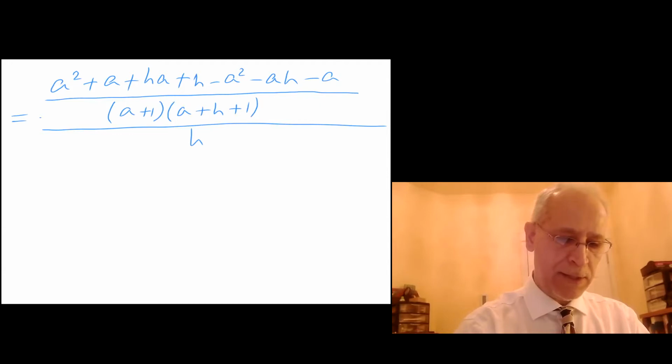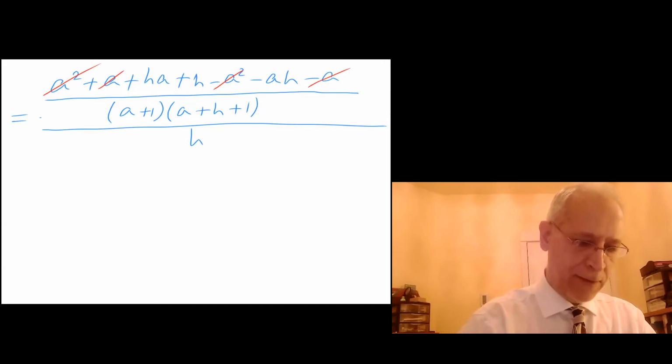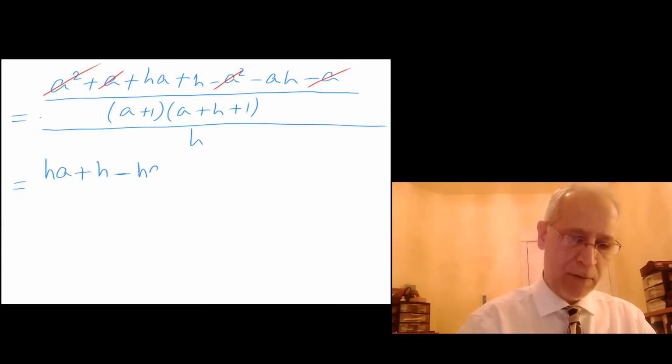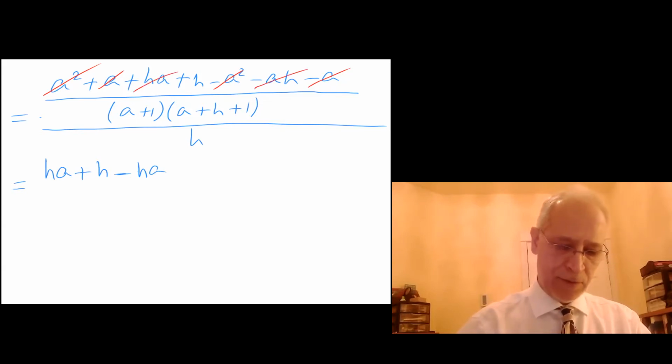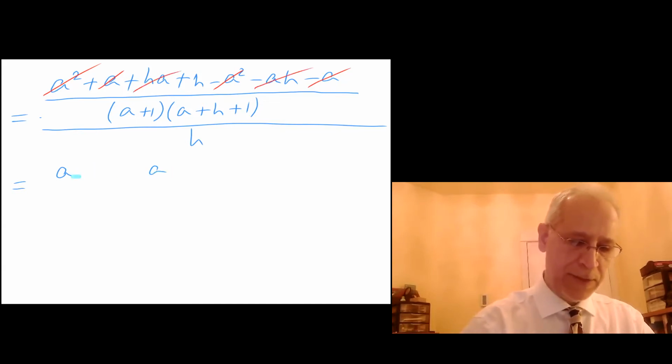I can cancel this a to the second with this a to the second and cancel a and minus a. And so I'm left with ha plus h minus ah, which is the same as saying minus ha. I could cancel this with this. So really, all I'm left with on the top is h